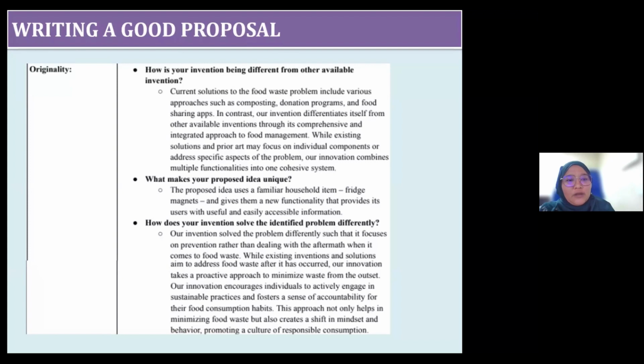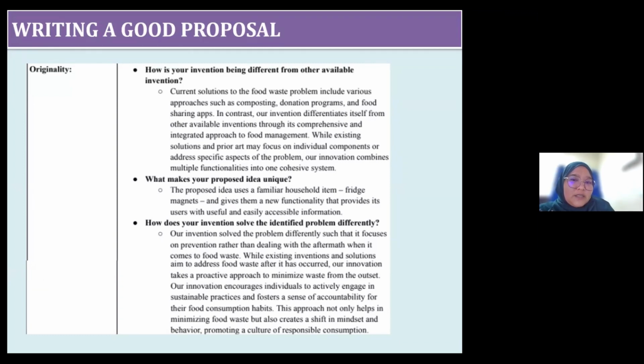Talking about originality. This is very important because for YIC, we want to produce innovators. We want to produce students that love science, that have critical thinking, and want to solve problems in the world, or daily life problems, so we are much more concerned about originality. There are a few questions, which were already spelled out in the beginning.